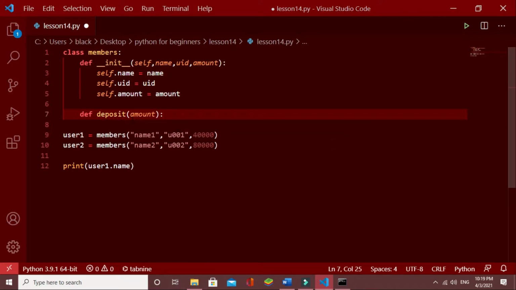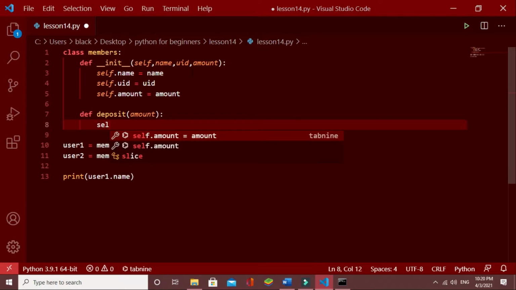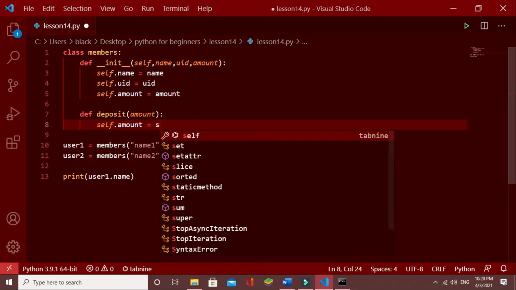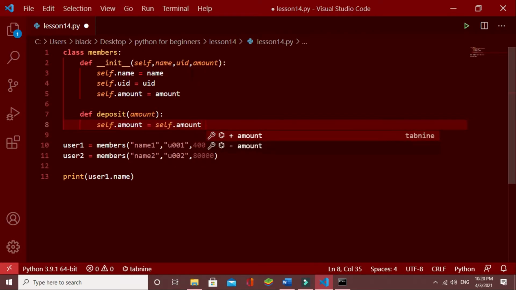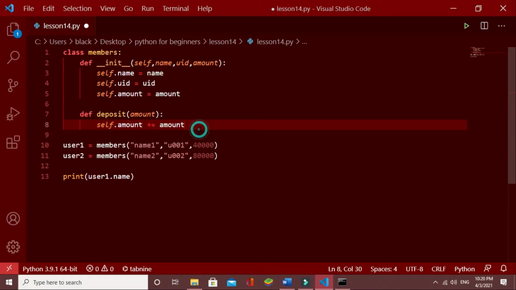We need only one input, that is amount, and when we deposit that amount we have to increase the current balance, which means self.amount equals self.amount plus the amount. So we can just use plus equals amount. This will increase the current balance of the user.